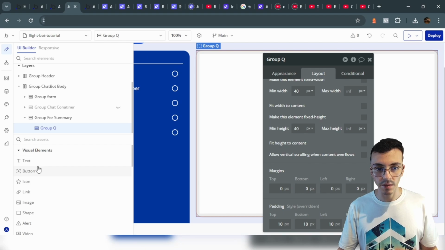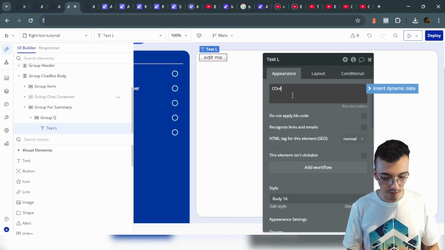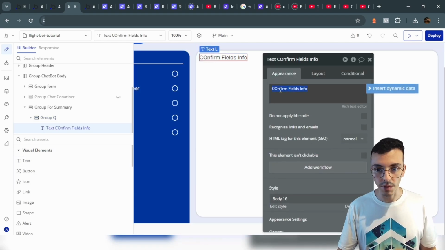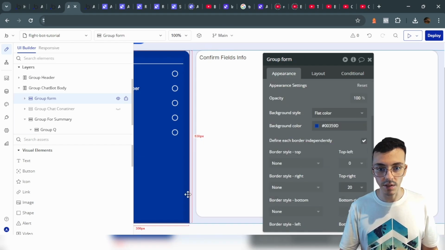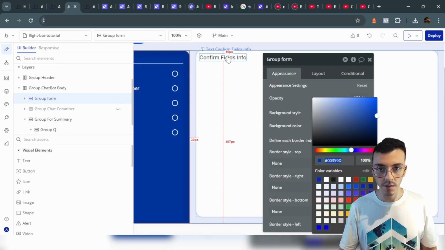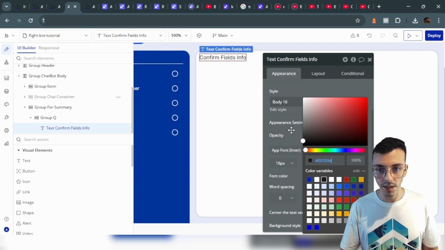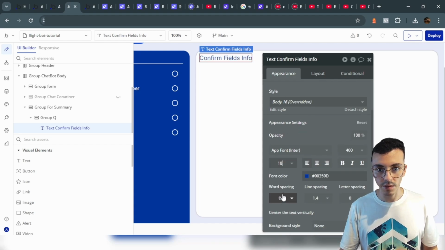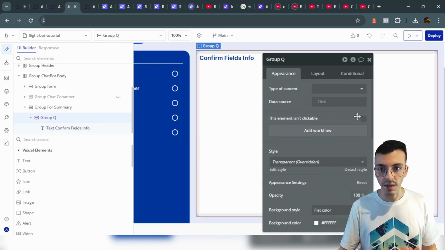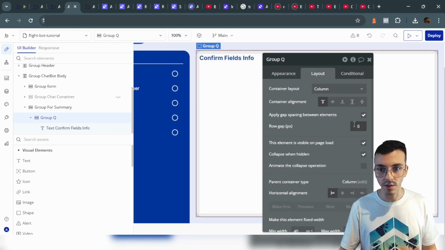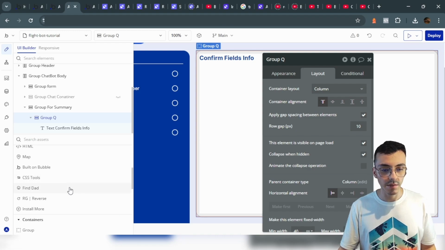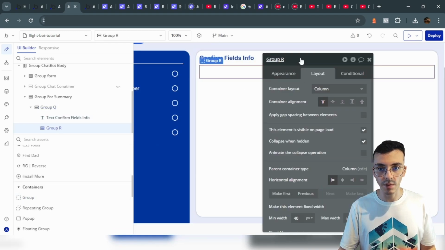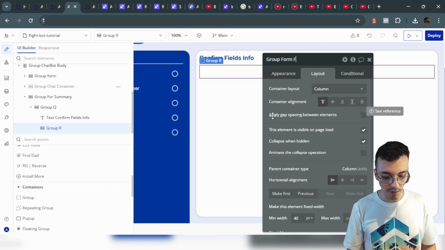Let's add this text, confirm. Oh my gosh, I'm going to set this color to this text, set this as 18 pixels. Okay, let's add a gap between elements of 10 pixels to this group, and let's add another group called form